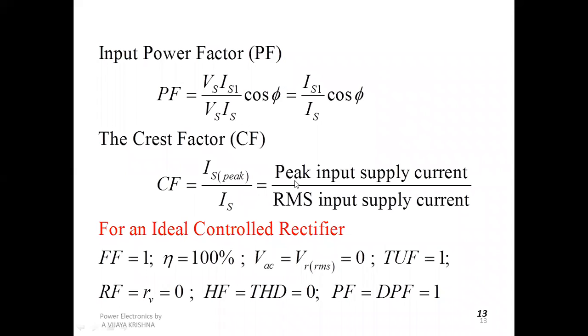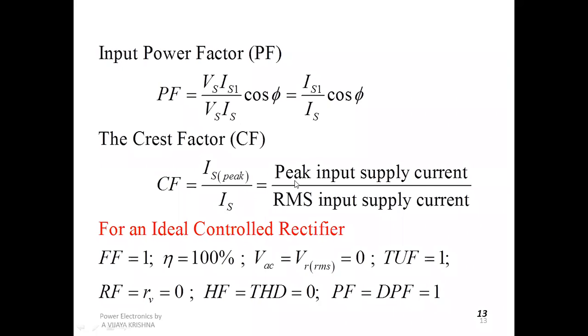Next one, about the input power factor. Here we are supplying AC to the transformer as an AC supply, and we are getting the rectifier output as a DC output. But if you come to the input side, there is a power factor also. We consider the power factor. Why? Because the load is running.